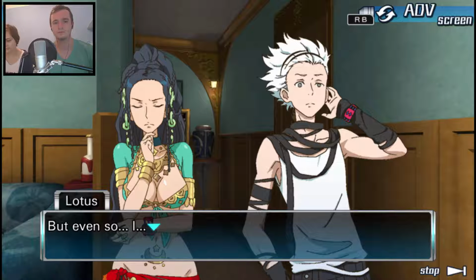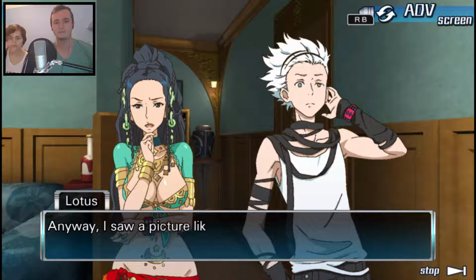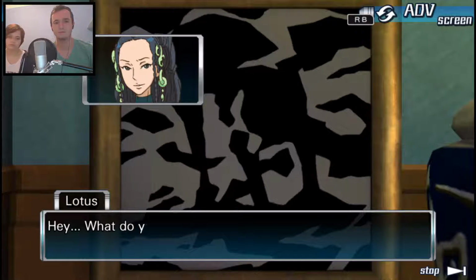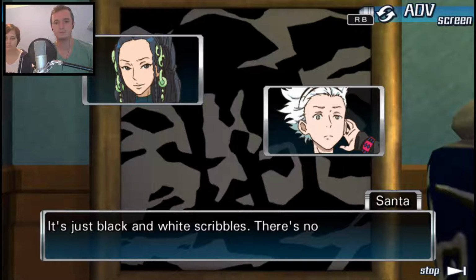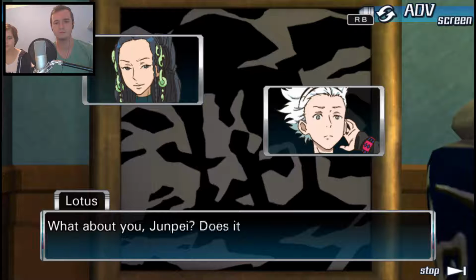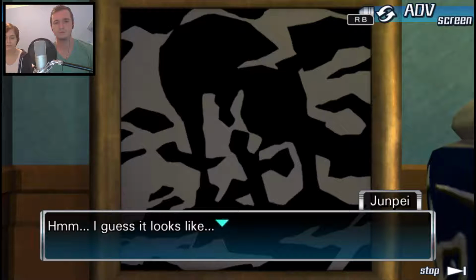But even so, anyway, I saw a picture like that one in his book. Hey, what do you think this picture looks like? What do you mean? Isn't it just like abstract or something like that? It's just black and white scribbles. There's no meaning there. That's it. What about you, Junpei? Does it look like anything to you? I guess it looks like...